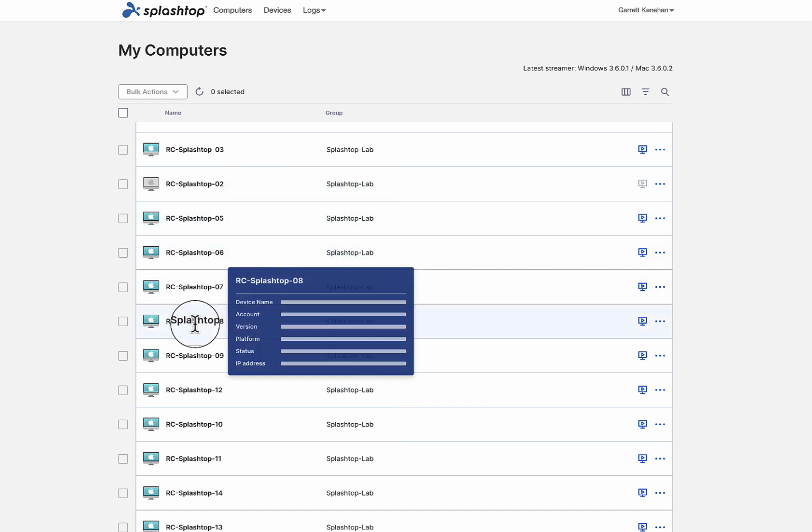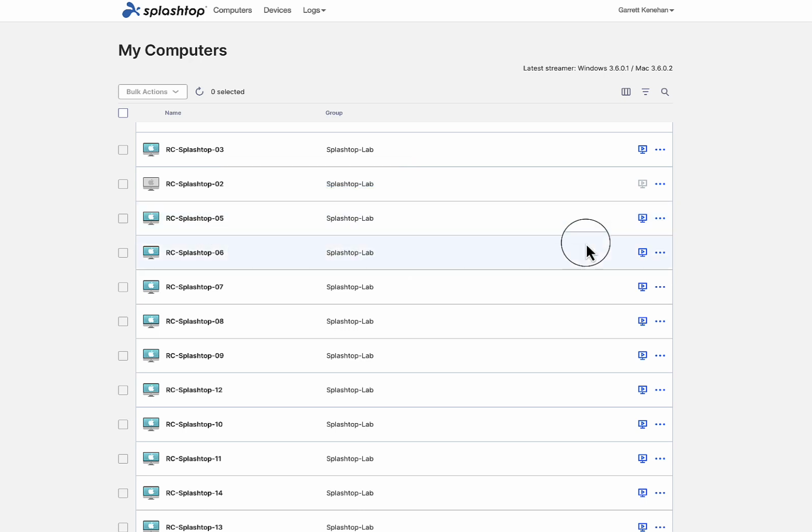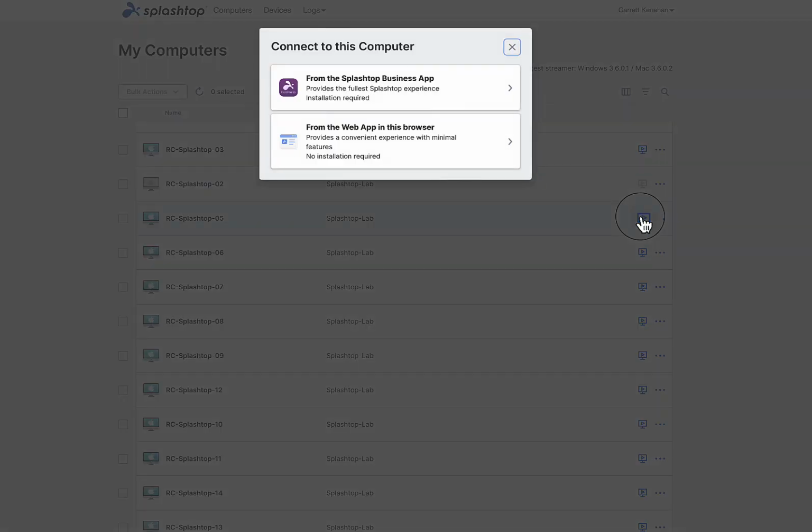So I don't know, I'll just pick one of these at random, Splashtop 5. I can click on this button to start a remote session. And when I do that, it gives me the option to either use the business app. So there's an app that you can run that says fullest Splashtop experience. I just find that the browser works totally fine. So just from within a web browser, if it's a current web browser, works just fine. So I click on that, and what's going to happen, in just a few seconds,